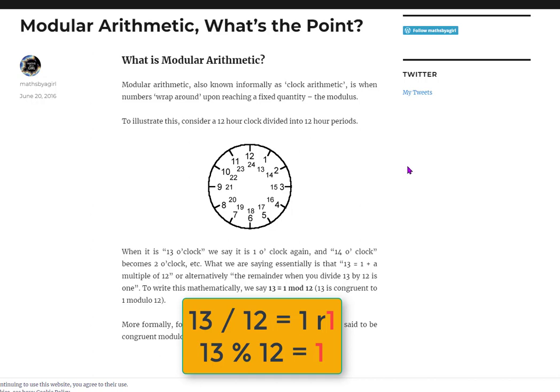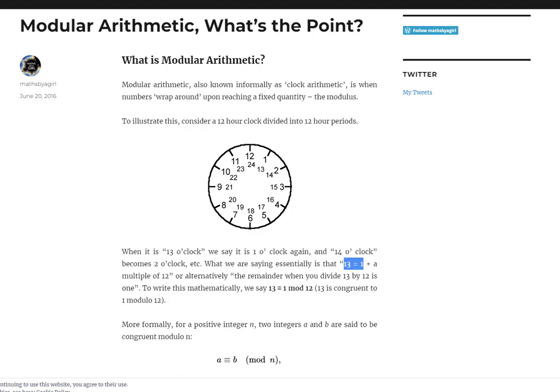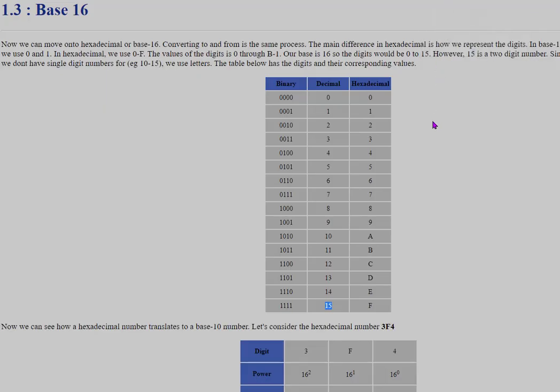Here's another clock. In this example, you can see I'm highlighting 13. 13 equals 1 o'clock, or we know that as 1 p.m., right? 13 divided by 12 with a remainder of 1, and the 1 is all that we really care about in this situation. We call this modular arithmetic, or mod, or modulo. It has several names, or base 12. We're going to switch over to a base 16. Now, base 16,